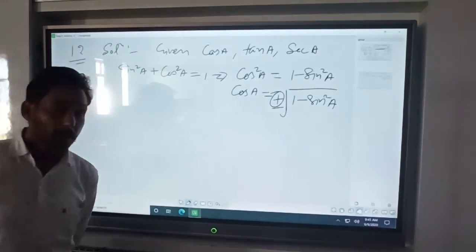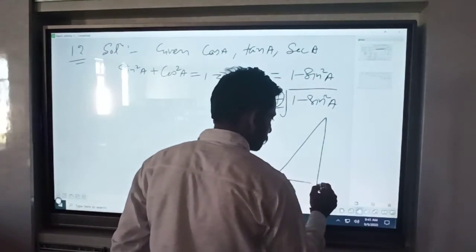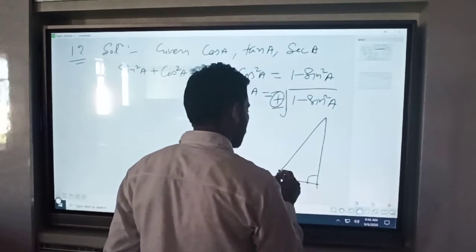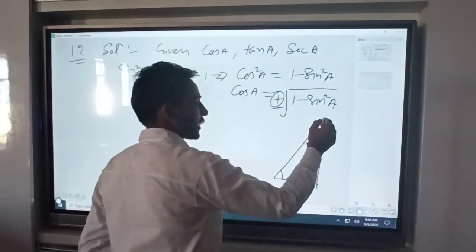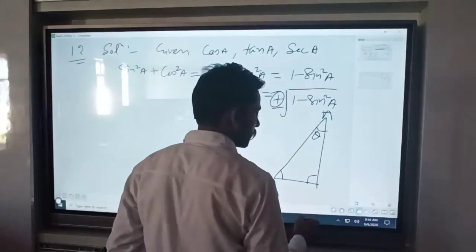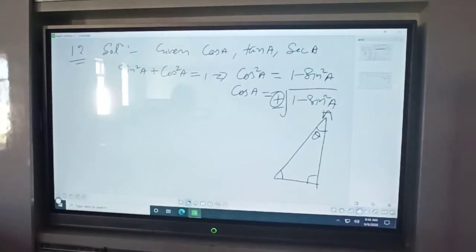Why? Because we are talking about only a right angle triangle in which one angle is 90 degrees and the other two angles are acute angles. If the angle A is an acute angle, then the value of cos A can never be negative, because we know in the trigonometric table, as we have discussed in exercise 8.2, we have found